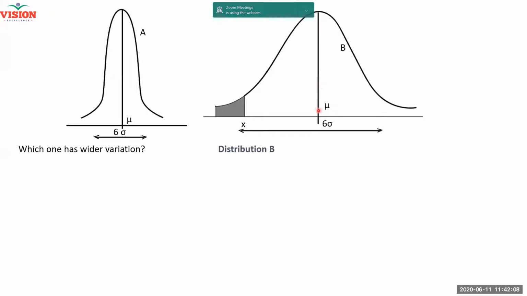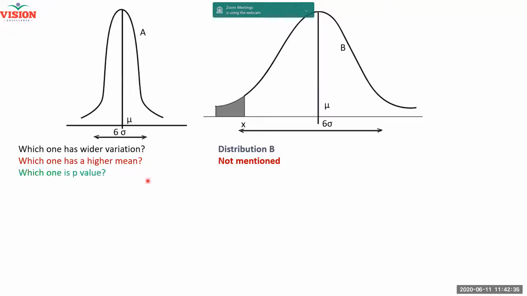If I want 50 mm ring, they are producing 25 mm to 90 mm. Here, 50 mm ring means producing 45 mm to 55 mm. Therefore, this has got a smaller variation. Distribution B is wider. Thank you very much. You answered the other one. Which one has a higher mean? Which one has a higher mean?